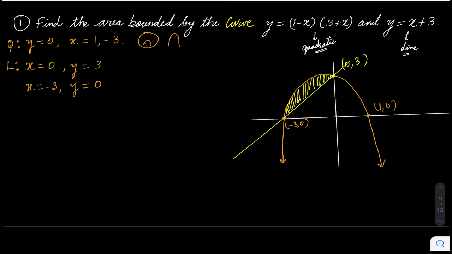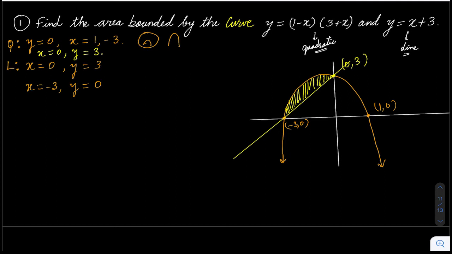And why it is 0 comma 3? We know in a quadratic, if you substitute x as 0, we get y as 3. So they both pass through 0 comma 3 and minus 3 comma 0. Okay, so now this is a very standard type of question. We need to find the area between the two curves, and it is obviously above the x-axis also, so we can